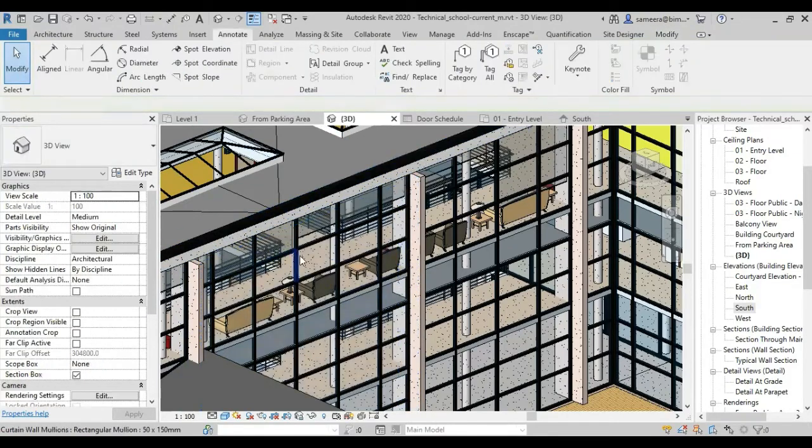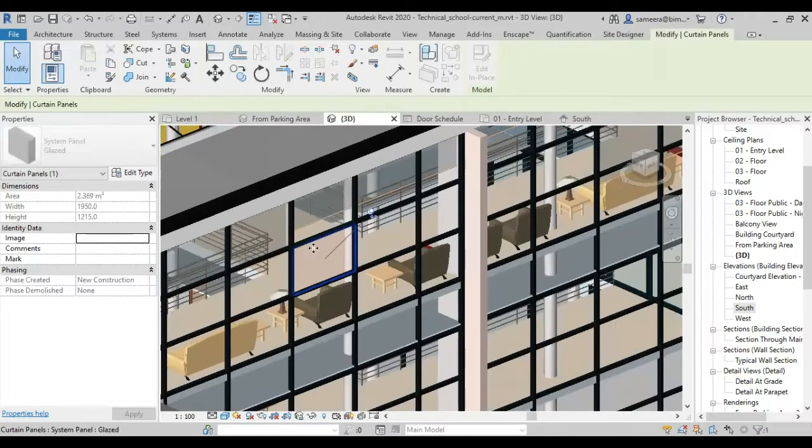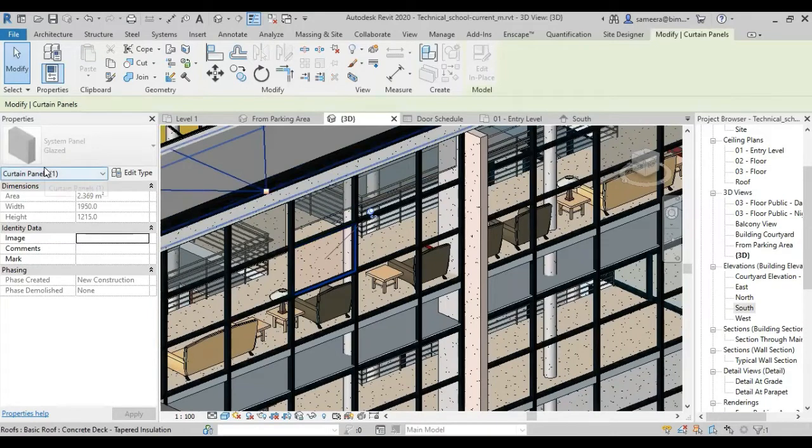So how do we select that? You can move the cursor onto the particular window and use the Tab key. When I press Tab again and again, the selection changes like this. So now I'm getting this curtain panel. Then go to the properties palette. Here you can see its area, width and height. The question can be: what is the area of the panel? So you have to select the panel, then go to the properties where you can see the correct value. Only after making the change in the correct manner will you get the correct answer. That's it.